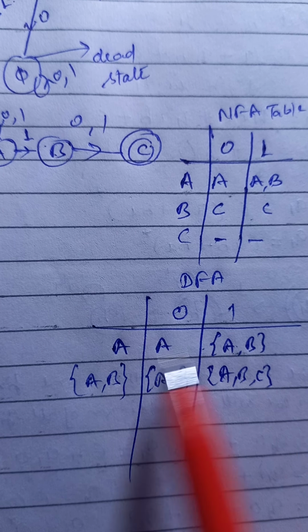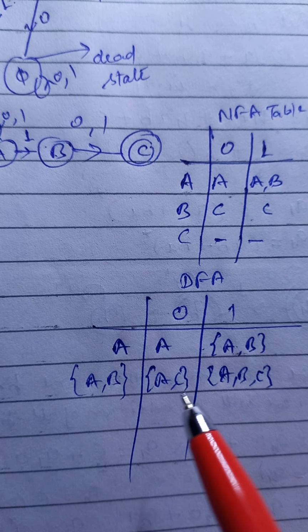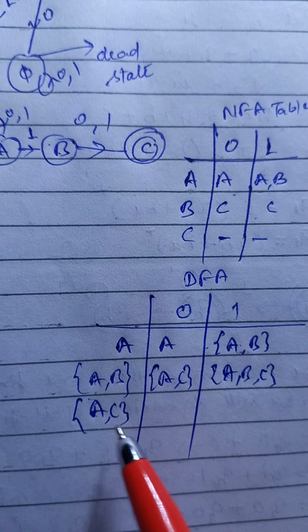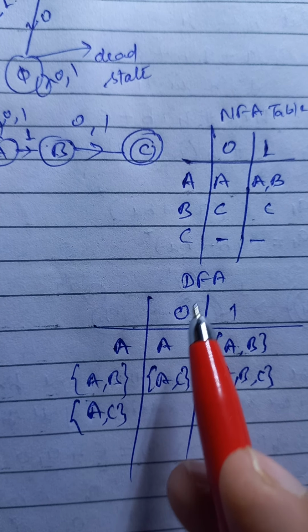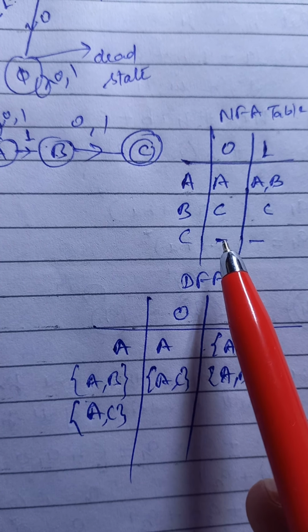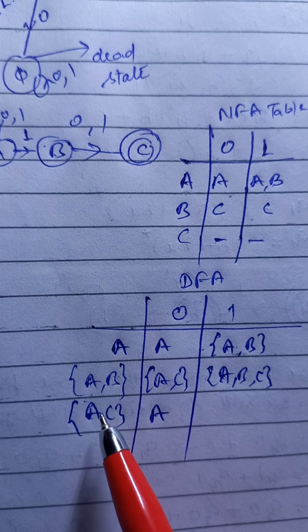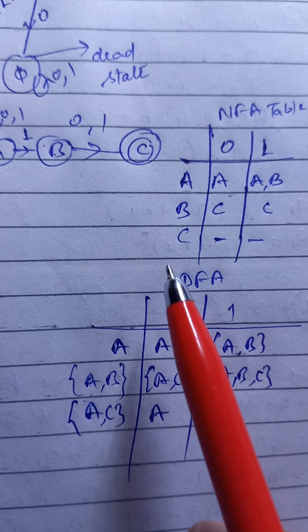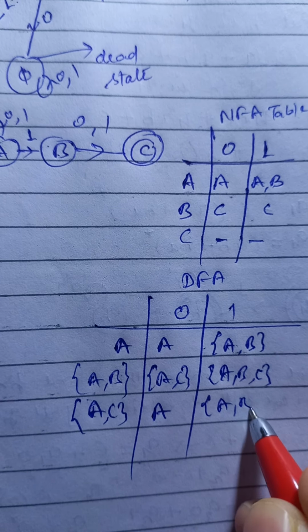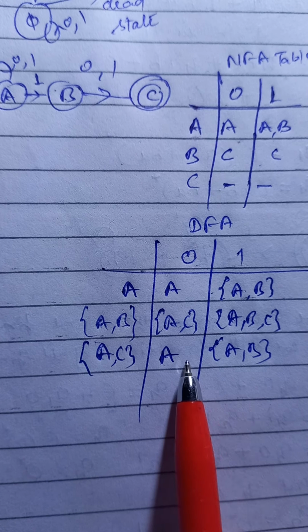So initially we have this new state AB, and we take the transition for it. Now we have these 2 states, so we will take transitions according to these 2 states. First we will take AC. For A, with the 0 transition, we have A, and for C there is no transition. So what will remain here is A. And for 1, what is the transition for A? For A, AB, and for C there is nothing. So we will get AB here. Now the AC transitions are over and there is no new state.